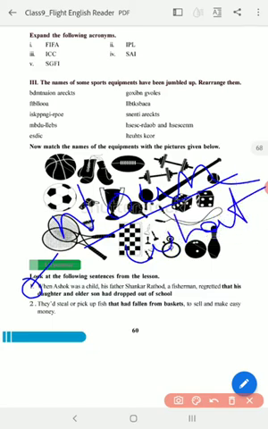You see here, when Ashok was a child, his father Shankar Rathod, a fisherman, regretted what? So what did Ashok's father Shankar Rathod, a fisherman, regret when Ashok was a child? That his daughter and older son had dropped out of school. So in a noun clause we have this that-sentence, and it comes after the verb.